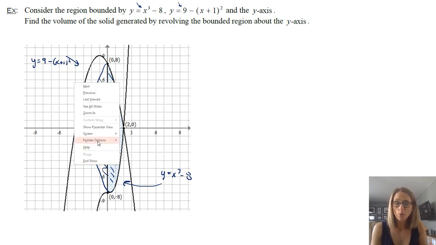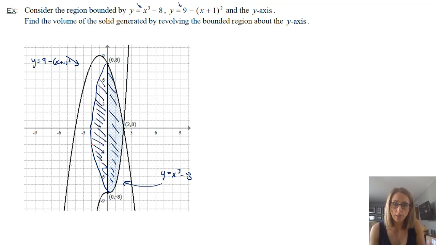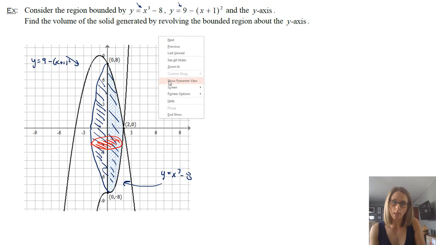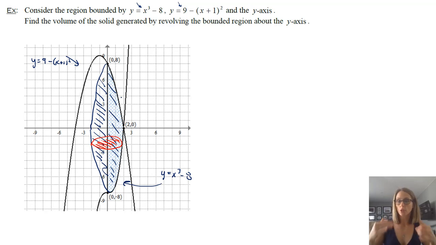And again, kind of hard to draw, but the idea is you're looking at a disk method here, because each of these slices is a circle. However, again, key thing to see, you should have two different integrals in this case. So we want to make sure that we have them in terms of x.